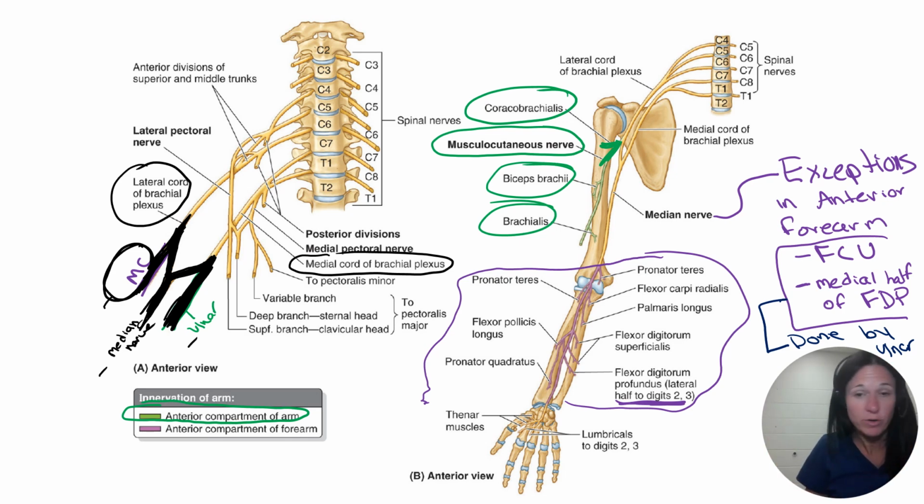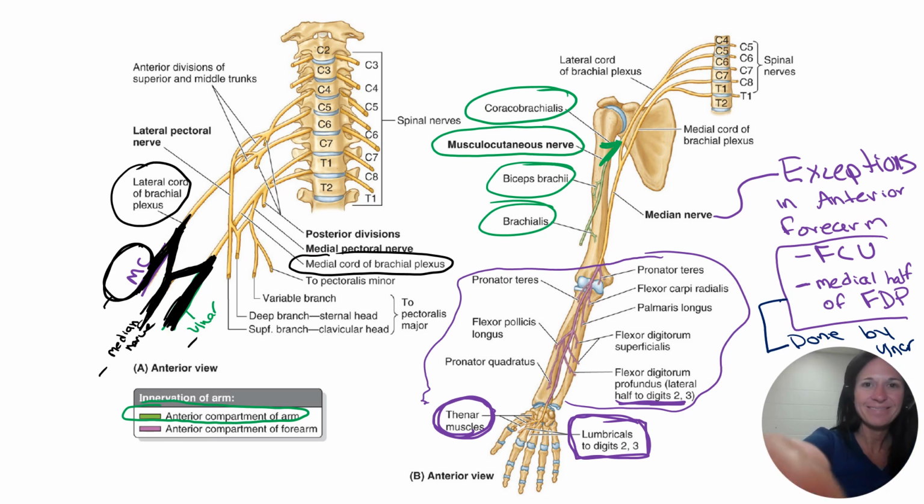Okay, moving into the hand then. We said that ulnar does some of the muscles in the hand, but on the picture we can see that median is also doing some of the muscles of the hand. So median is responsible for the thenar muscles, okay, the muscles that make up this fleshy part at the base of the thumb here, and 2 of the 4 lumbricals, the lateral 2 lumbricals. Okay, and then the rest of the hand is done by ulnar, which again, we will look at once we